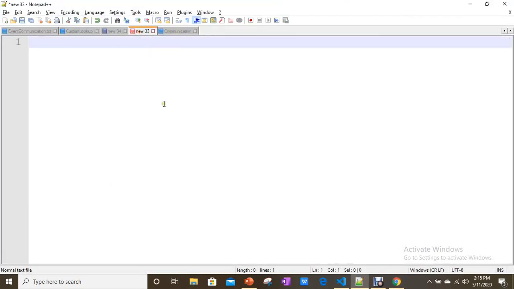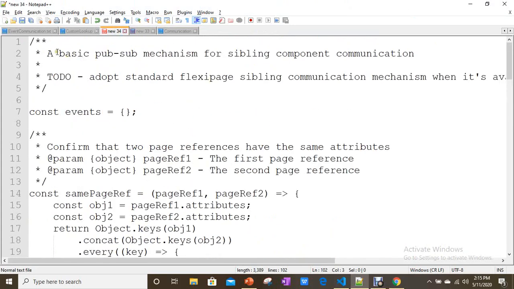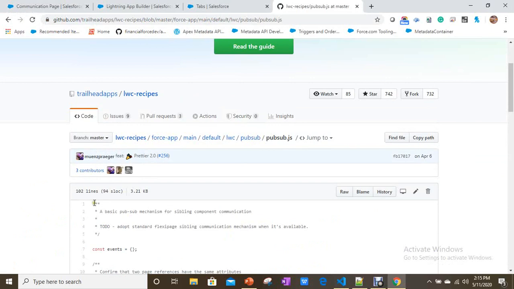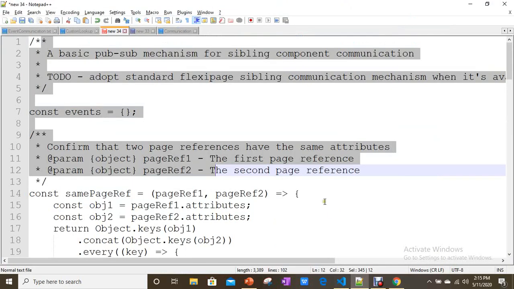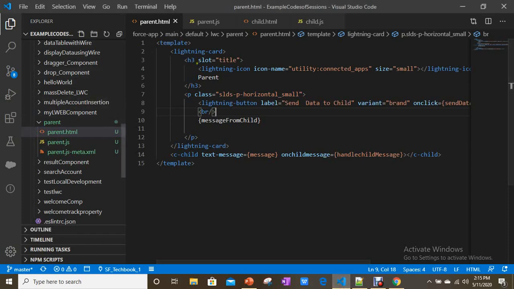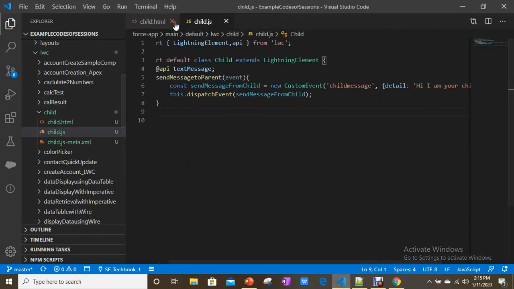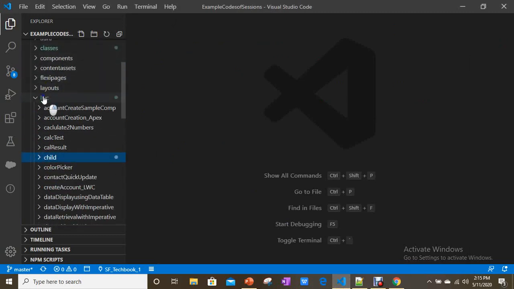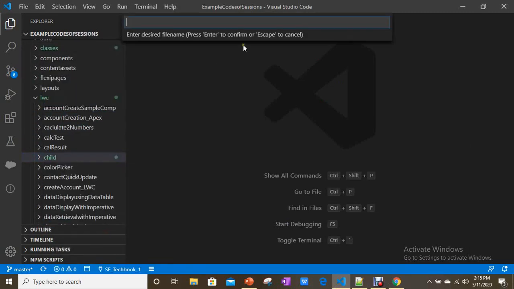I already have this pub/sub. See, same thing. Copy paste, nothing else. Now I'm going to create a lightning component, pubsub.